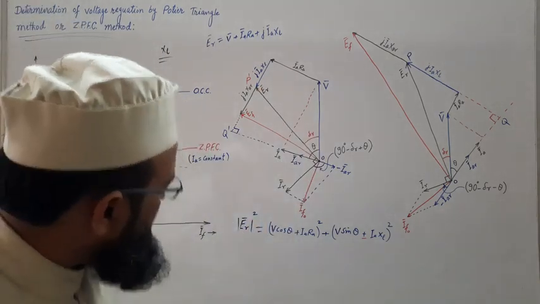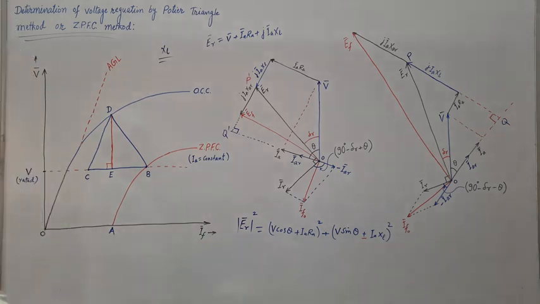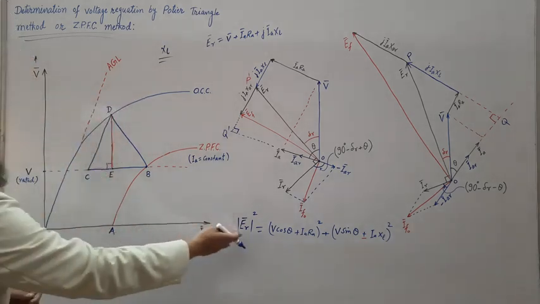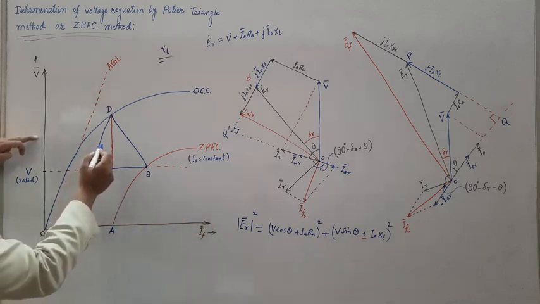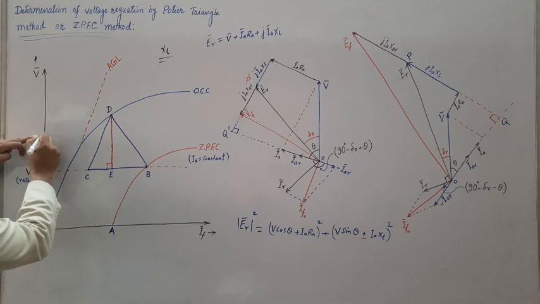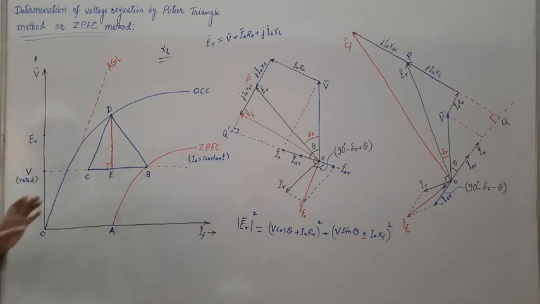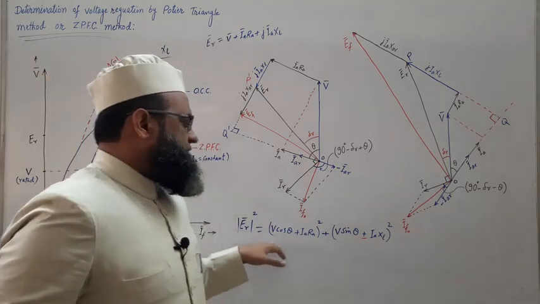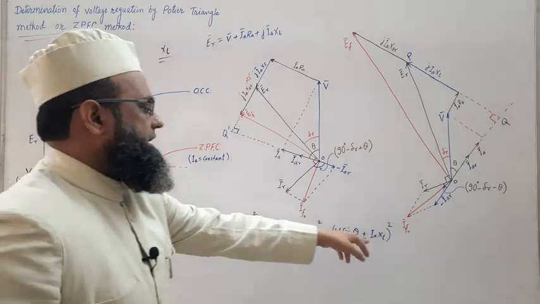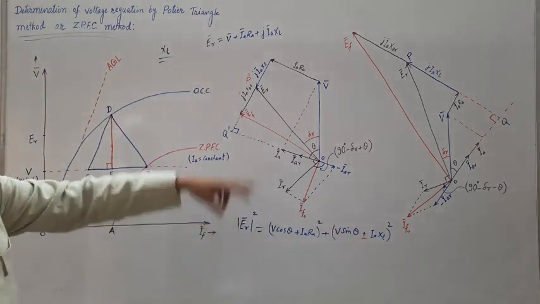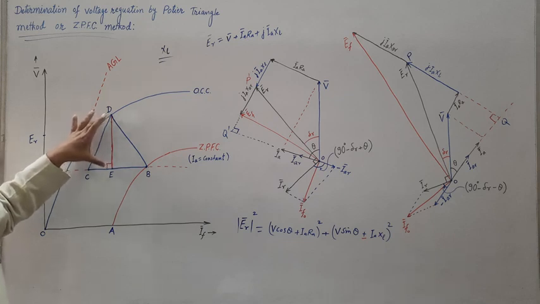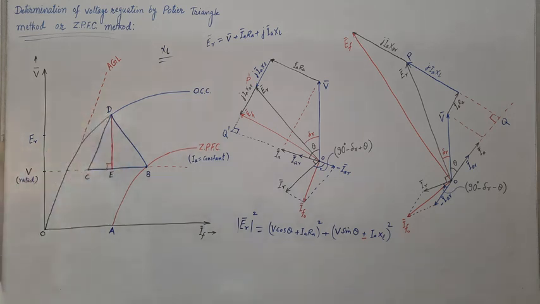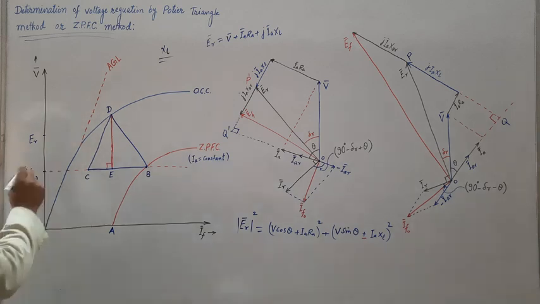Once Er is evaluated, from OCC, let us take some point corresponding to Er. Let us mark this point as Er. Let us say somewhere this is Er. The value of Er obtained using this formula, and this formula required XL which has already been evaluated with the help of measurement of this side of Potier triangle. Fine. So corresponding to this Er,